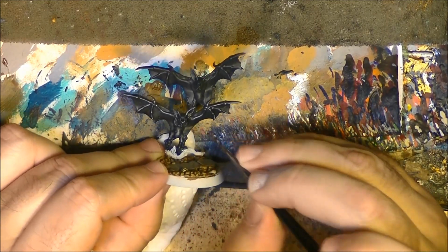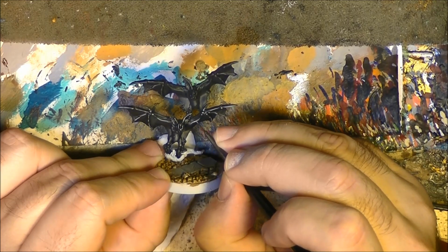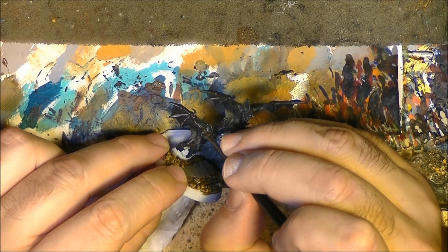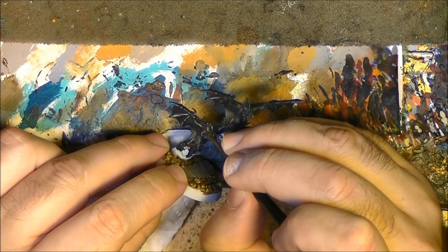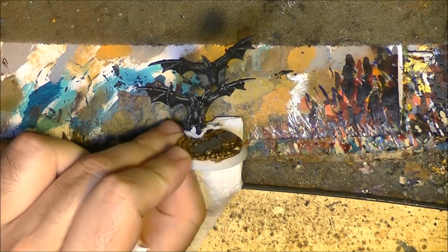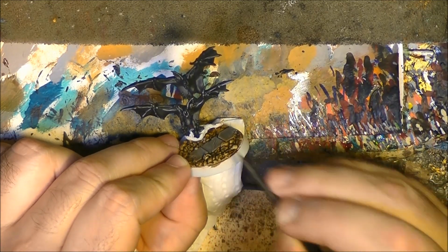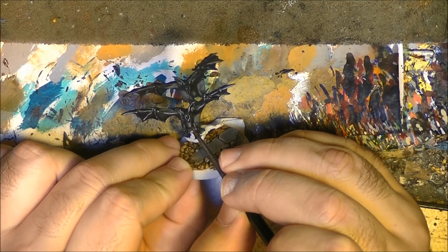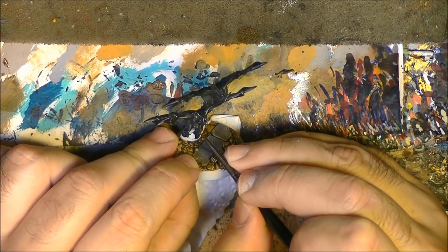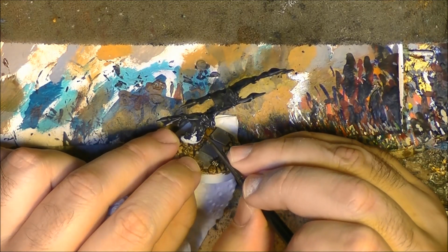Now I take the Administratum Gray. I will put it just, for example, in the middle of this reflection, very little, like that. It should be super subtle. Okay, you can see. For example, the bell is a good point, but you want to put very little. We can do this type of thing. So I'm using Dawnstone first, and now I use a little touch